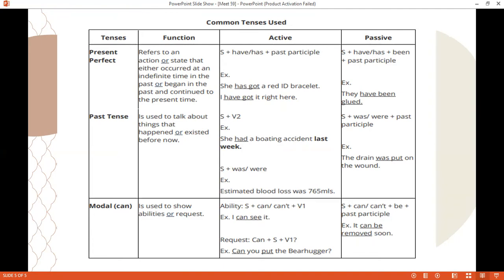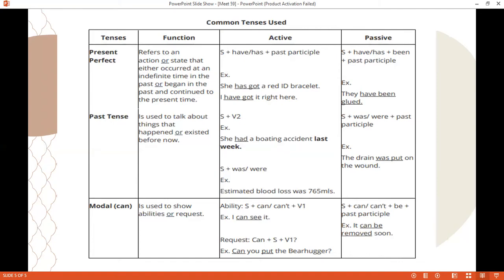And second, past tense. The function of past tense is to talk about things that happened or existed before now. Past tense active is subject plus verb two, and past tense passive is subject plus was or were